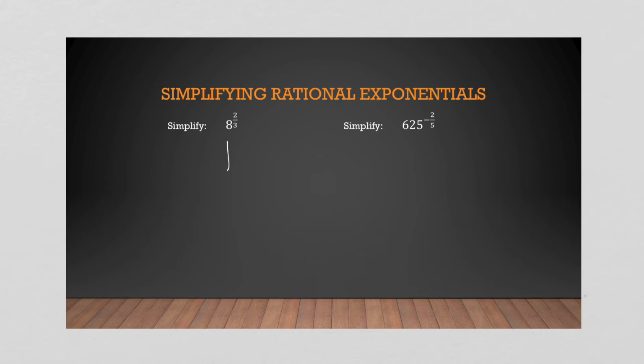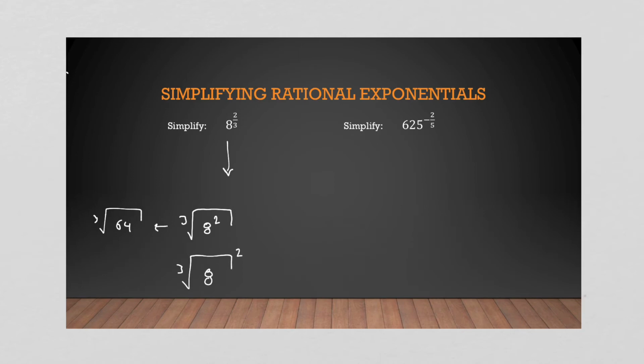So here we have 8 to the 2/3, which means we have the cube root of 8 squared. Now here's an example of why it's beneficial to do it in one of the 2 ways here. Because if you want to simplify this, you would have the cube root of 64, and then you would be